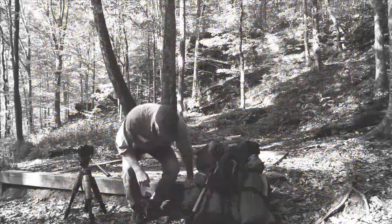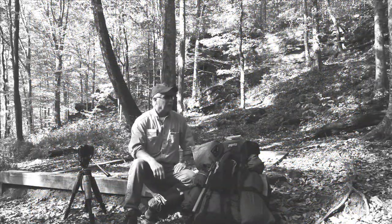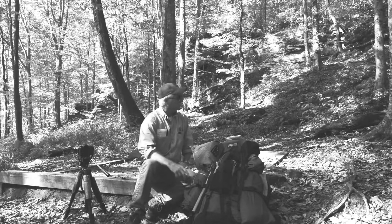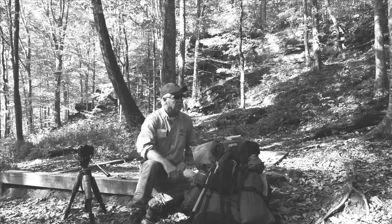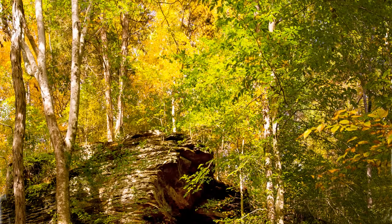Oh my goodness, it feels good to take that pack off my back. We're finally here. This is the Bluffs area. I took a quick little sweep video a while ago just to kind of capture what it is. It's hard to get this in one photo, but